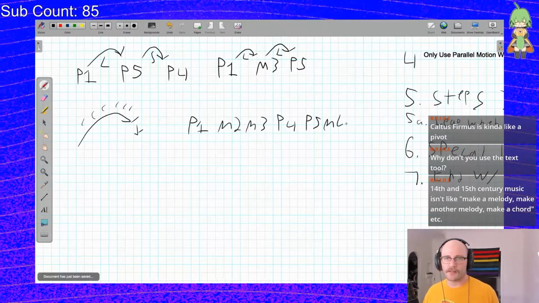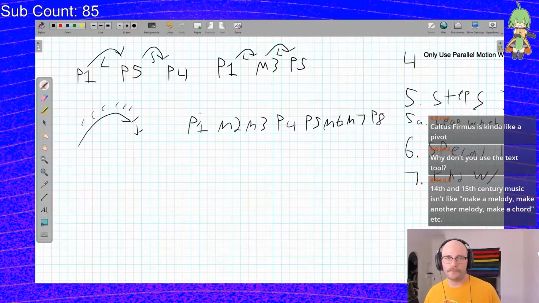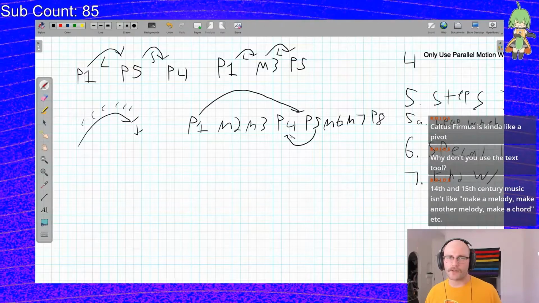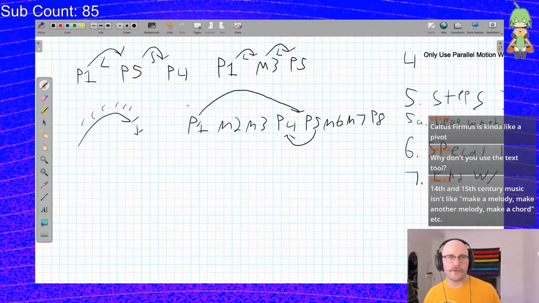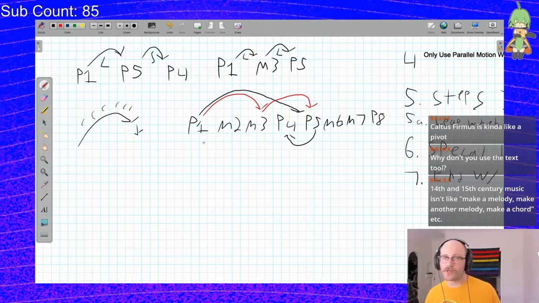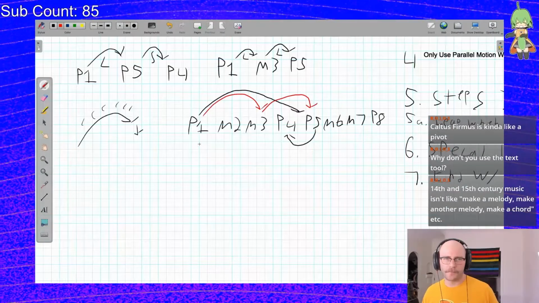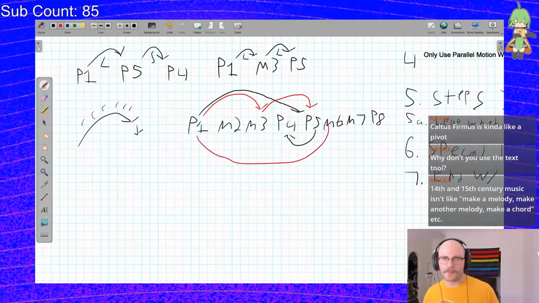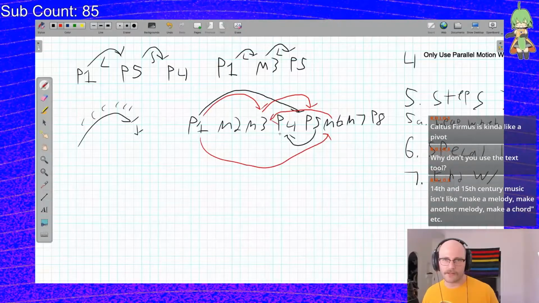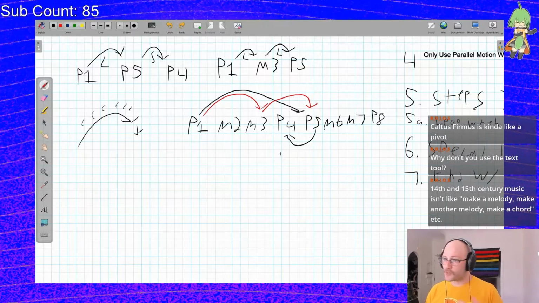Major sixth, major seventh, then we have our octave. Option 1, if you leap, you must then step backwards. Or if you leap, you must outline an arpeggio. This also works elsewhere. For example, you could do a leap up to here and then leap back down to here. I know it's getting a bit messy, but I'm just trying to show the different relationships.